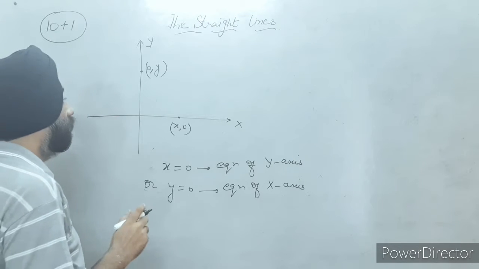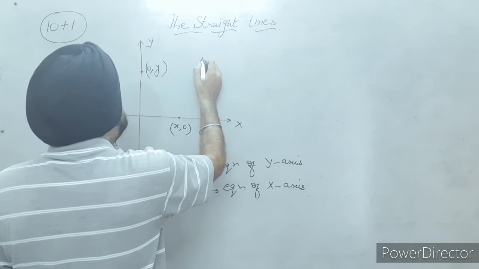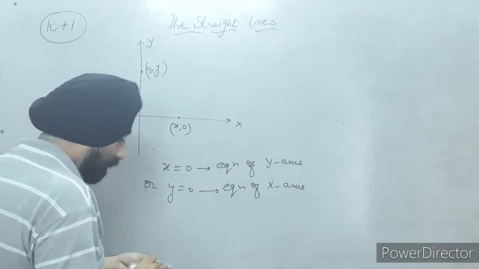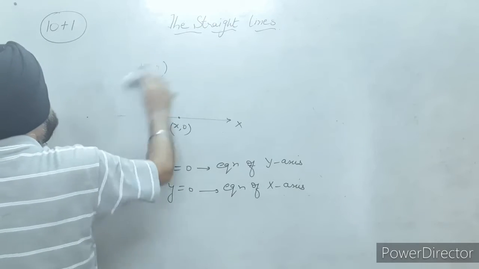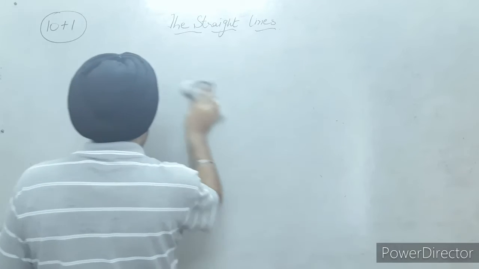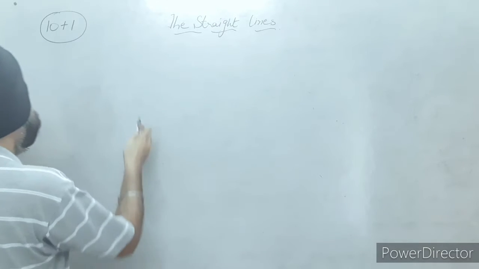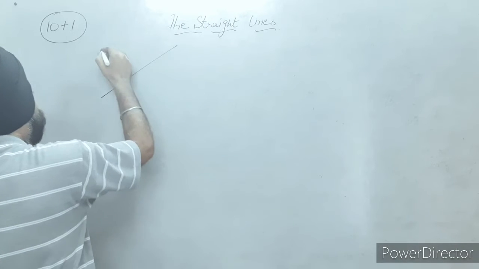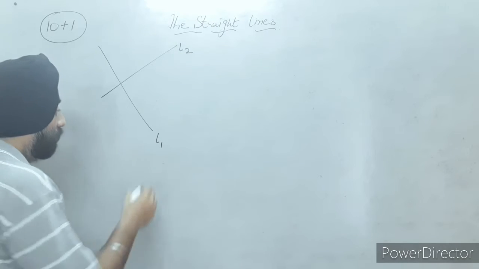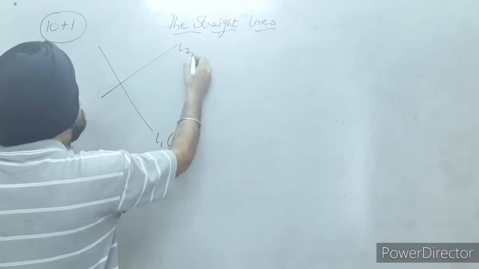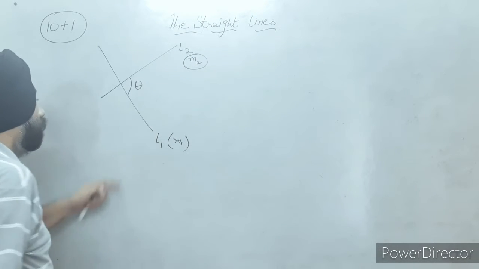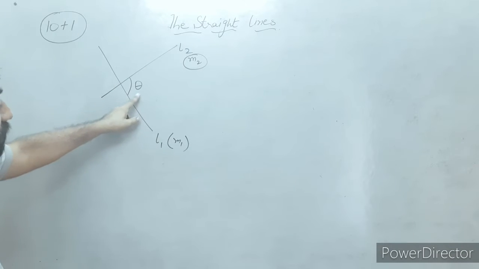We will take these. Now next is the concept of slopes when two lines are parallel or when two lines are perpendicular. First of all, let me make you understand how we find the angle between two intersecting straight lines. This is one straight line, this is the other straight line. So this is line 1, this is line number 2. Its slope is given as m1, its slope is given as m2, and I need to find the angle between these two intersecting lines, that is theta.